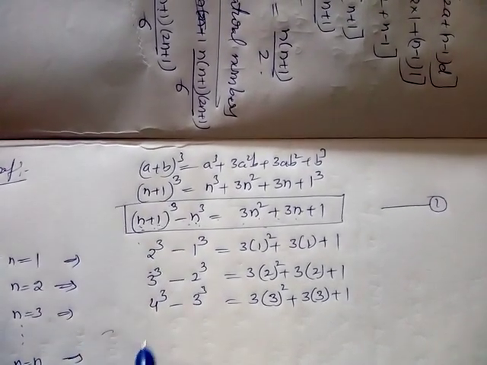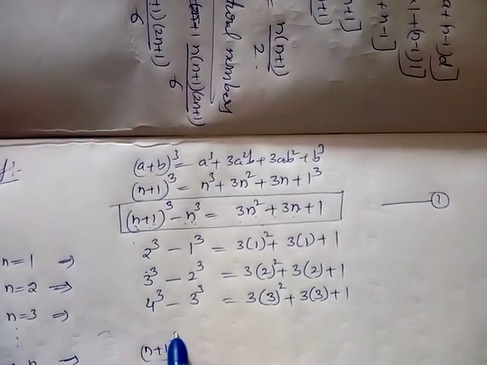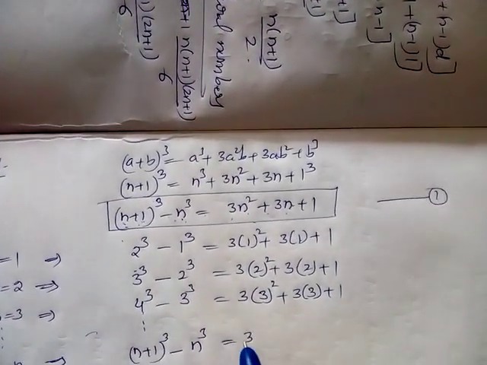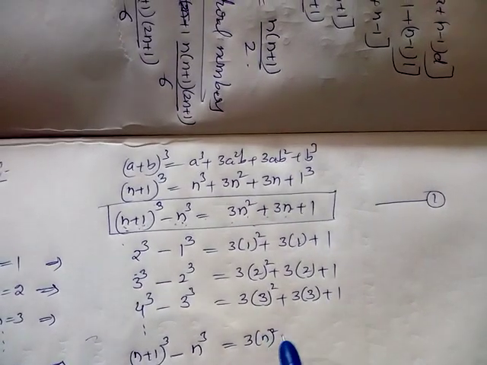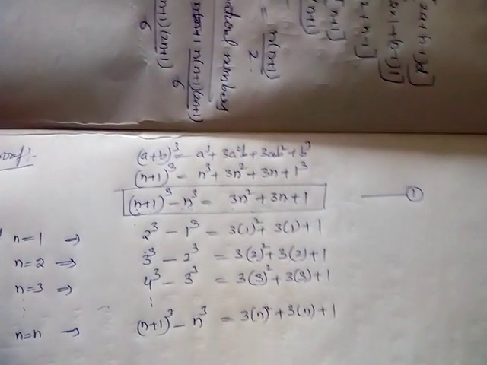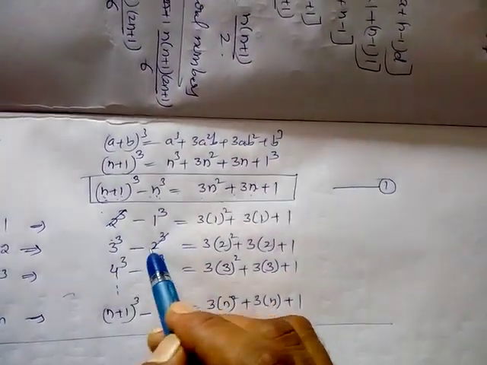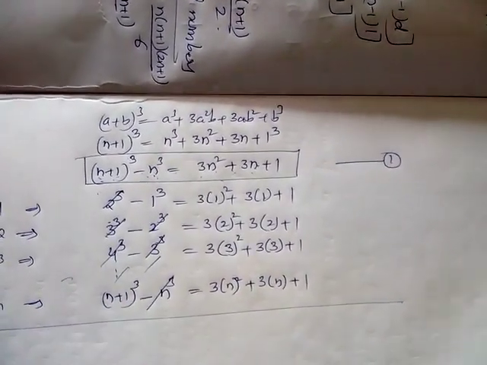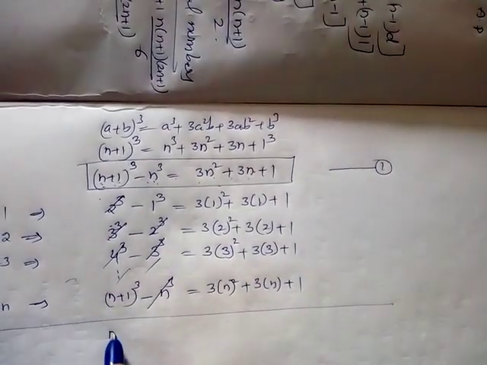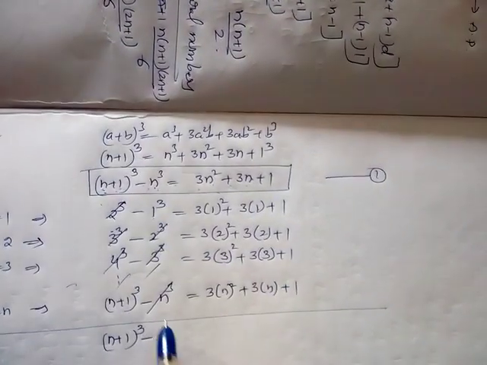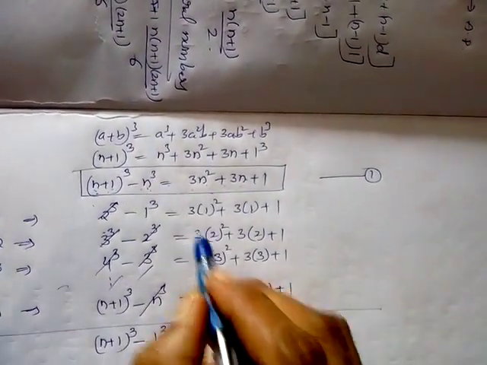If you take n is equal to n, n plus 1 whole cube minus n cube is equal to 3 of n square plus 3 of n plus 1. So adding all these terms, plus quantity minus quantity, plus minus, plus minus, like that both are cancelled. So we get the left terms: n plus 1 whole cube minus 1 cube is equal to,